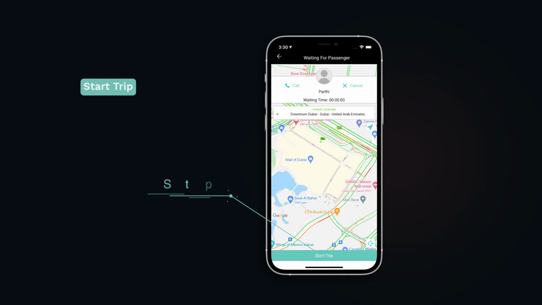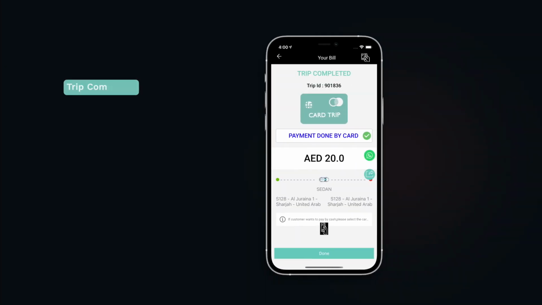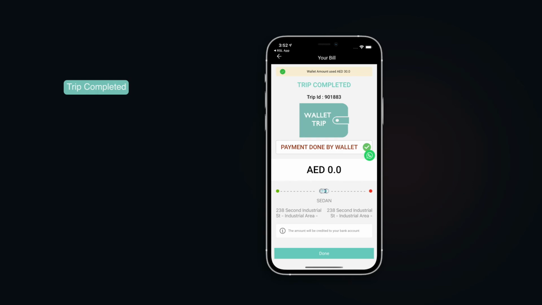Click on Start Trip once a customer has boarded the car. Click the button on the right corner to route the map on Google Map. Click on End Trip once reaching the customer's destination to complete the trip and go to the payment page. 1. If the payment page shows payment by card and payment by wallet, that means the customer has already